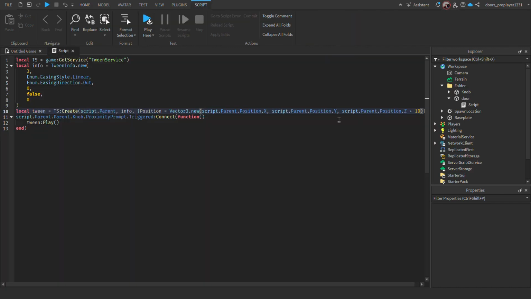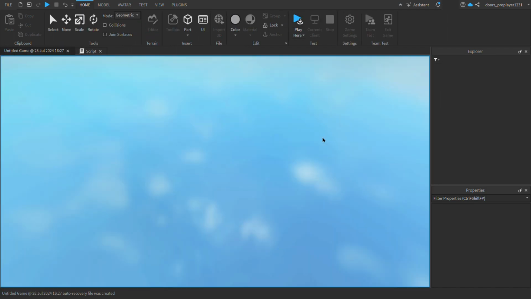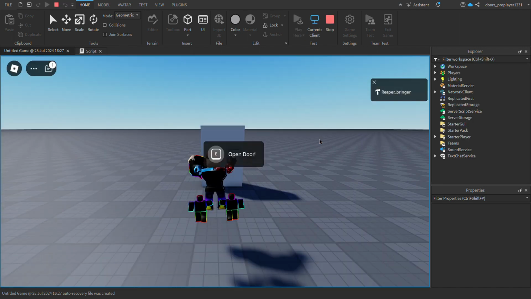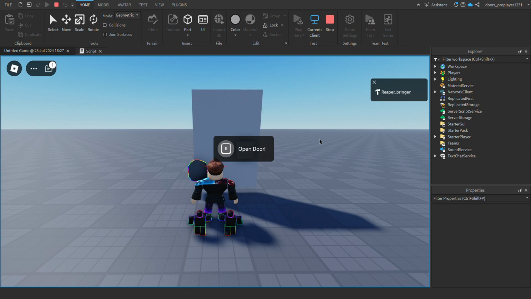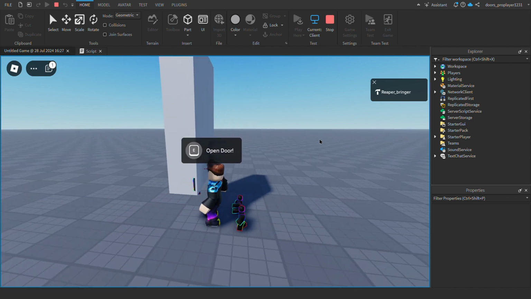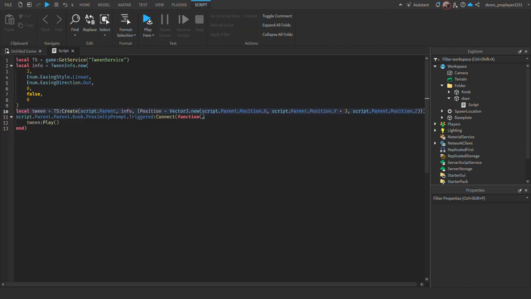It's supposed to be Y. I think that's the reason why it's been so messed up lately. So do plus 3. And then it should work. Yep, it works. So now we're gonna go on to something a little smaller,